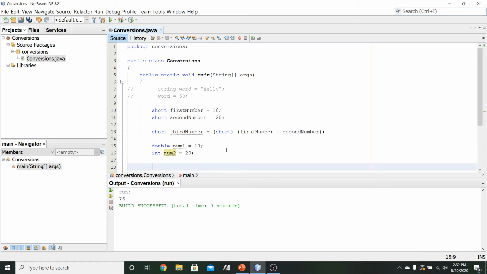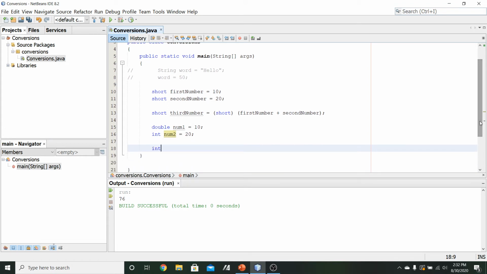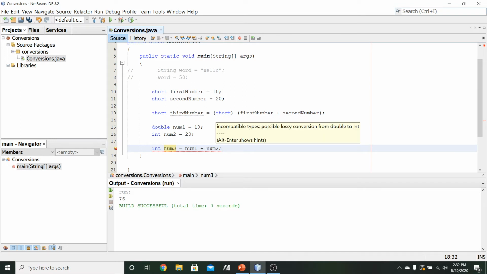We'll then go ahead and do an int, so we've got int num3. This is going to be equal to num1 plus num2. And again, we're going to see that we have this error because when we do num1 plus num2, since num1 is a double, that means that num2 is also going to be treated as a double, and the result, so when we do num1 plus num2, that result will also be treated as a double. So in this case, we've got this double as our result, and we're trying to store that into an int num3. Once again, we run into this problem where we're trying to do a narrowing conversion, so there's this possible